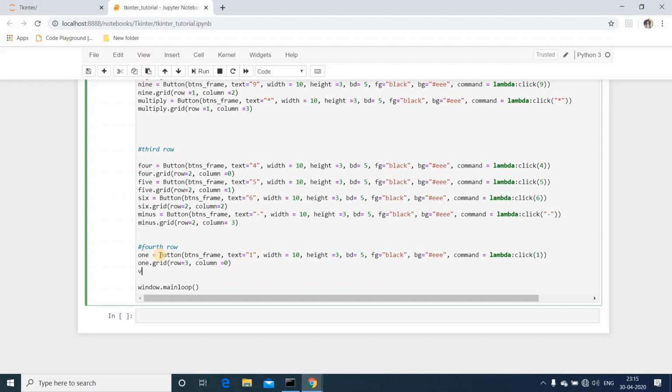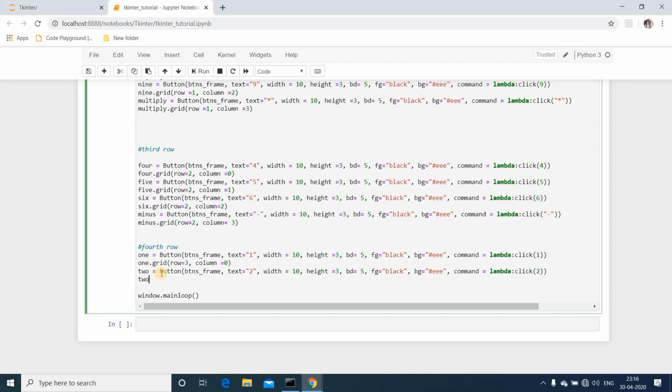Next, paste the same thing, change the text to 2, and pass 2 to the click function. Just grid it. 2 dot grid, row equals 3, column equals 1.